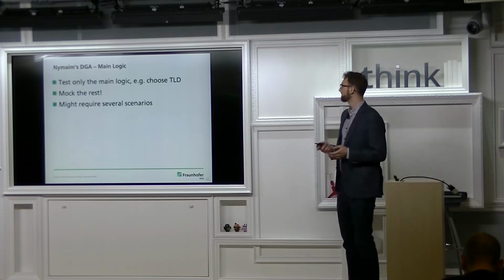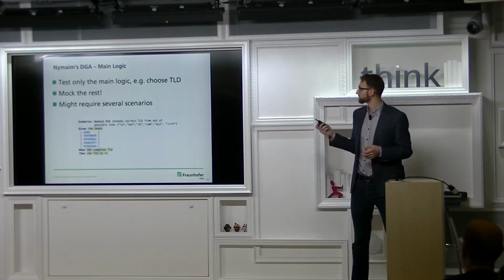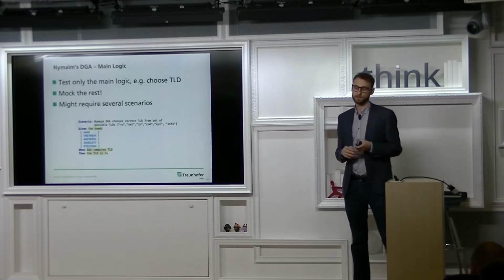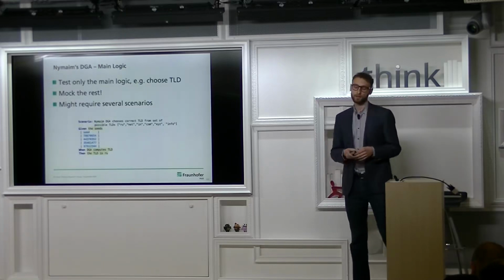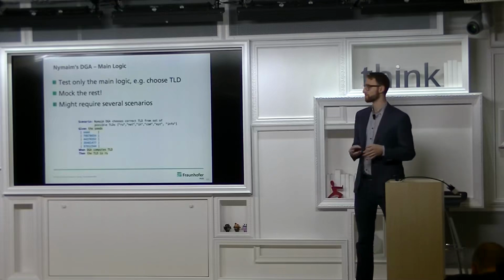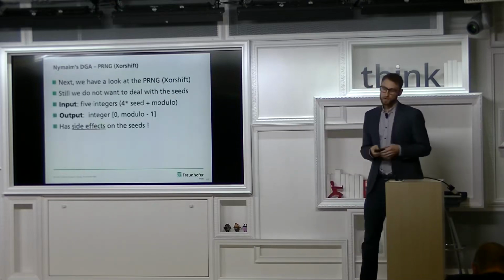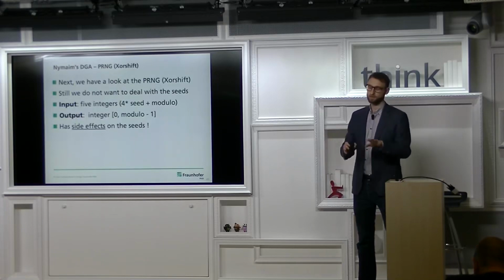So basically, I mocked everything else, and then I came up with the scenario for re-implementing this part that actually computes the TLDs. So I've given a scenario that the NIMEMDJ chooses the correct TLD from a set that I saw there, and given some seeds, when the TLD should be computed, then basically the TLD should be RU. And then I consulted the binary, we looked at how it is done, we implemented it, did the refactoring, and moved on